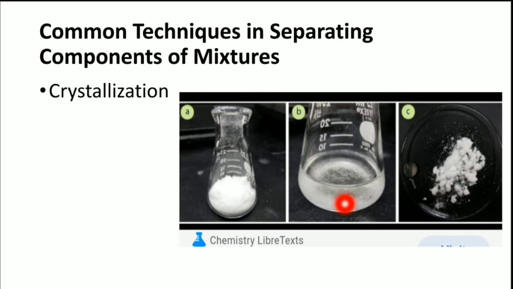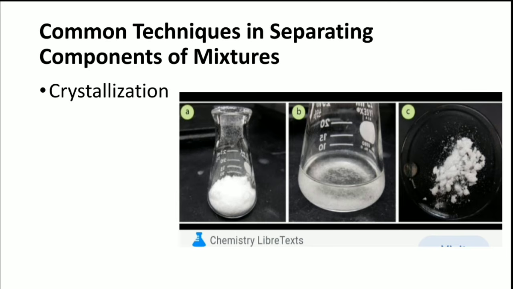All the impurities will be left with the solvent. So you will recover only the pure crystals. The impurities will be left with the solvent. So that's how you can use crystallization to separate the impurities, or unwanted components, from a mixture,